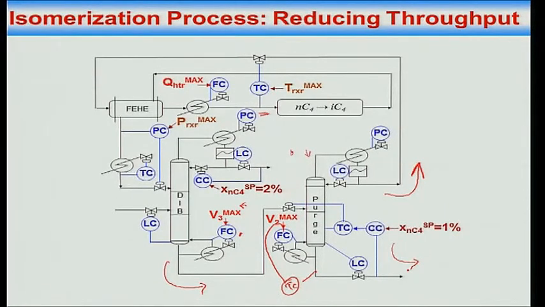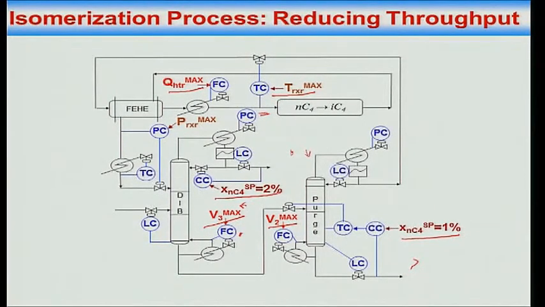I can manage my plant perfectly okay without what? Without compromising on any of my active constraints. You see, in this scheme, this active constraint is tightly controlled. Yes or no? This active constraint is tightly controlled. This active constraint is at max. This active constraint is at max. This active constraint is at max. This active constraint is tightly controlled. You tell me one thing that is not tightly controlled. Everything is tightly controlled, and the inventory management scheme is also robust. So I would rather put this.